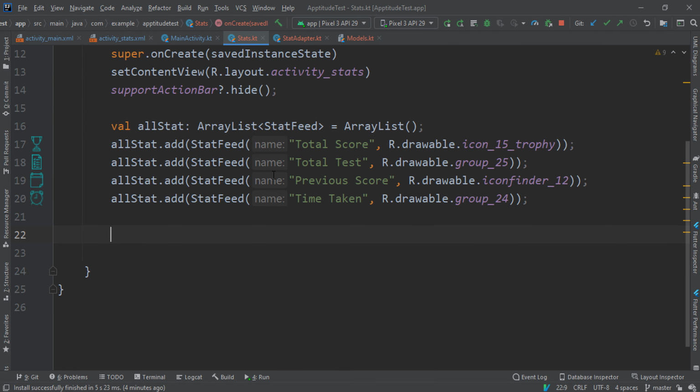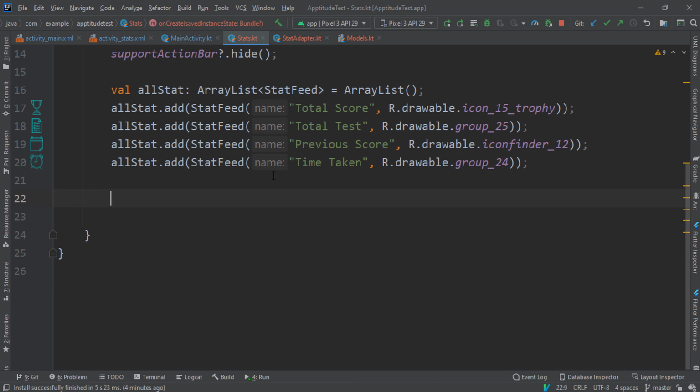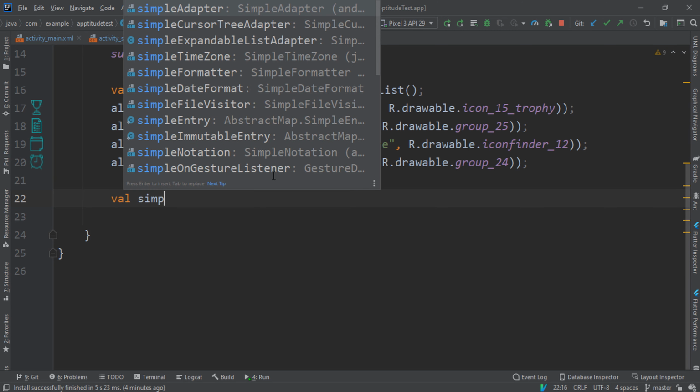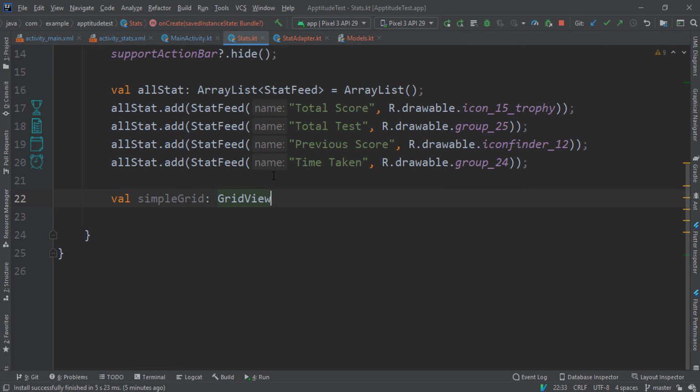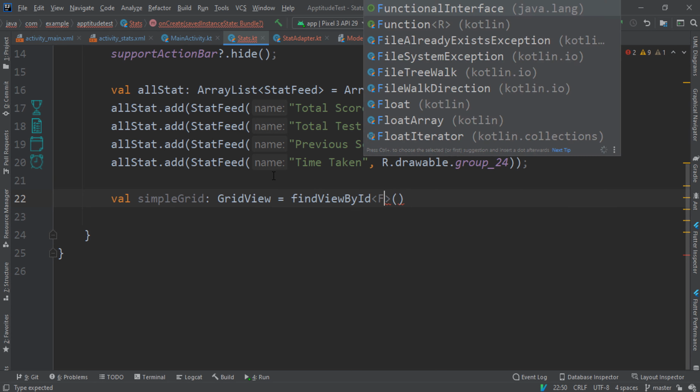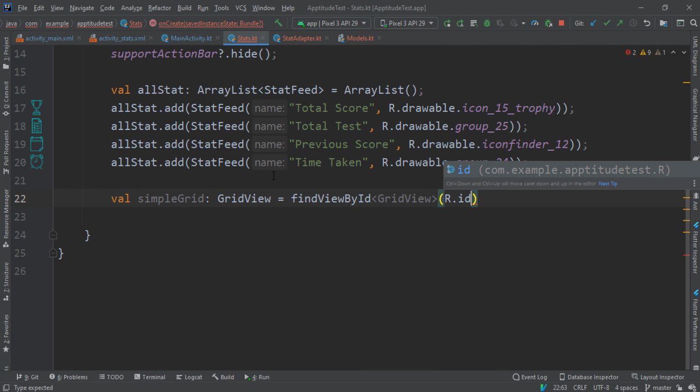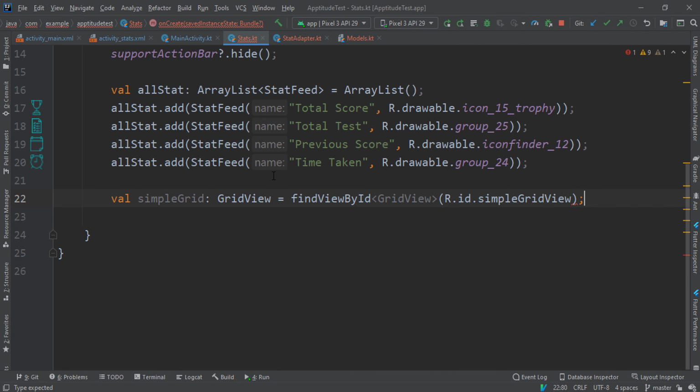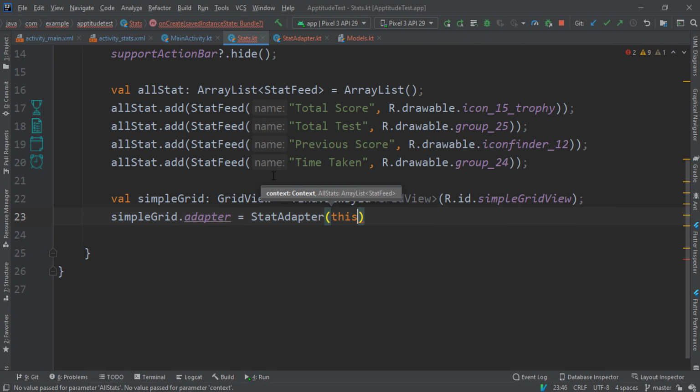But back to the StartActivity. So the way we can use that is very simple. We have to first of all grab our grid view. So we can say simpleGrid, which is the grid view, findViewById, and we can just bring in the grid view. So we can say R.id.simpleGridView. So we can just get the simpleGridView.adapter and set it to the StarAdapter, which is going to accept the current context and also allStars, which is the array of the star